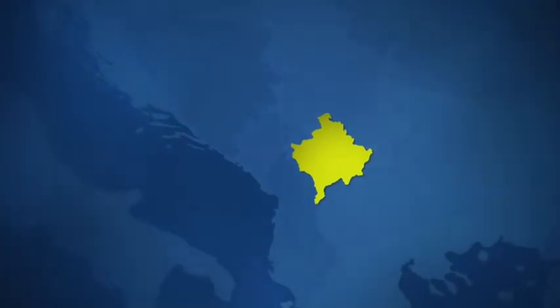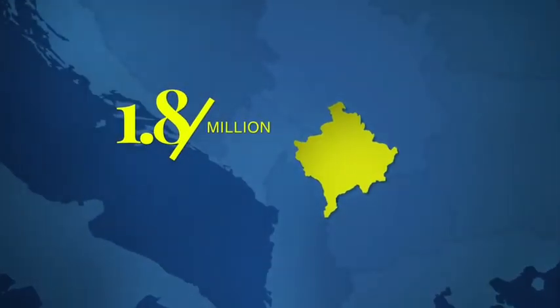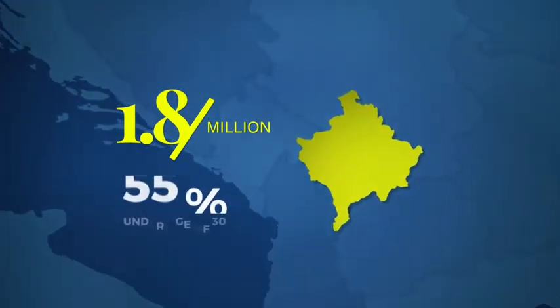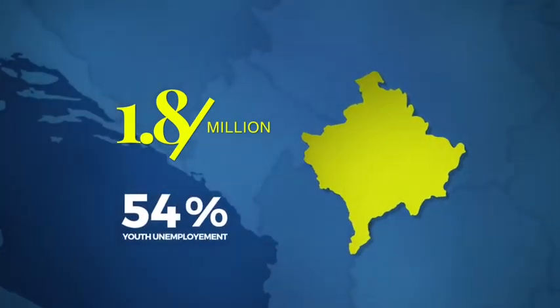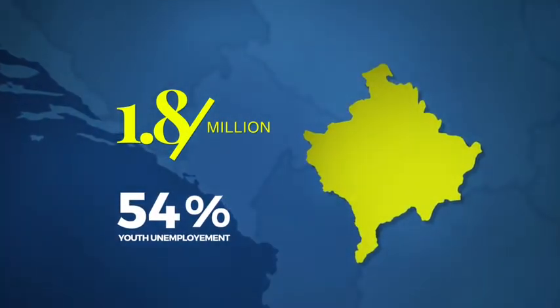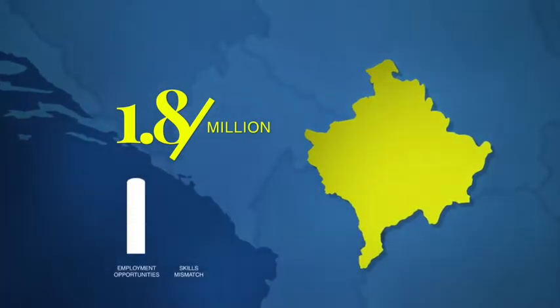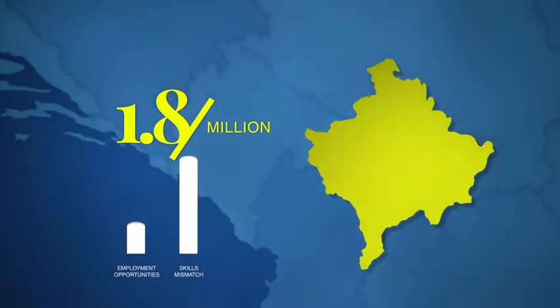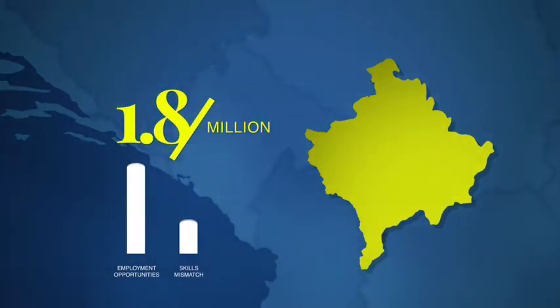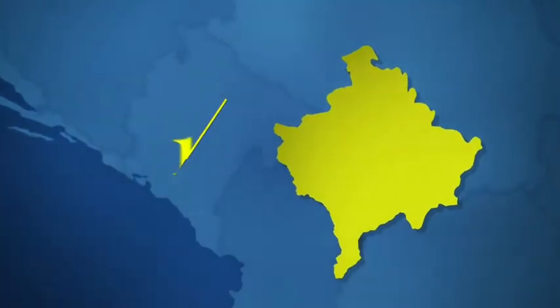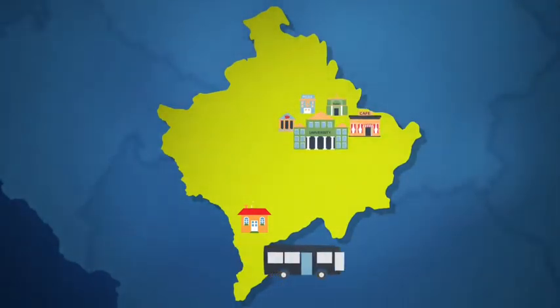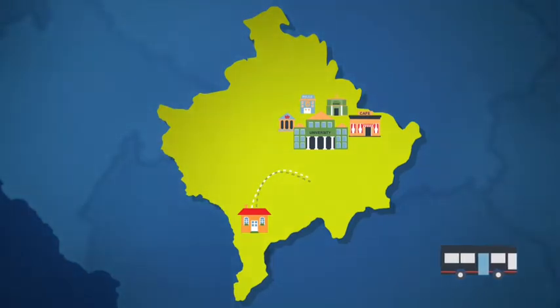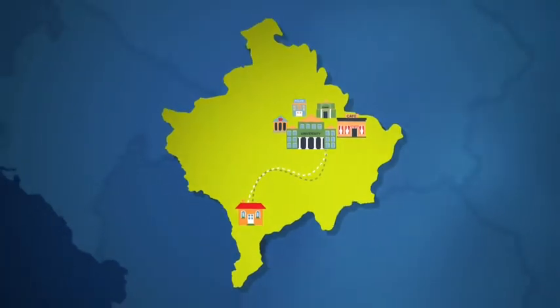Kosovo is the smallest country in the Balkans. With 1.8 million people living, it has the first place when it comes to the number of youth, with 55% under the age of 30. Unemployment is high and the economy is weak and small. Youth face challenges of limited employment opportunities and skills mismatch. The challenges become more distinctive for rural areas, which are not sufficiently serviced by formal vocational education and training or VET system and non-formal trainings. Their access to employment and skills development opportunities is also hindered by social and economic barriers including distance, transport, and required level of education prior to VET enrollment.